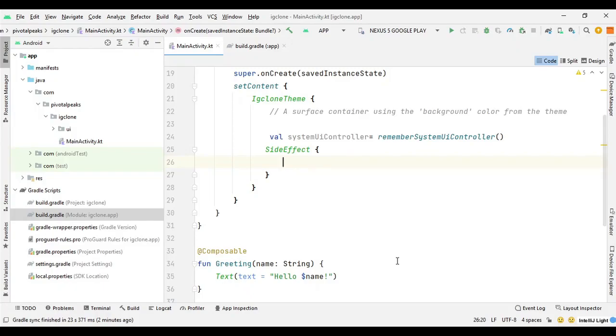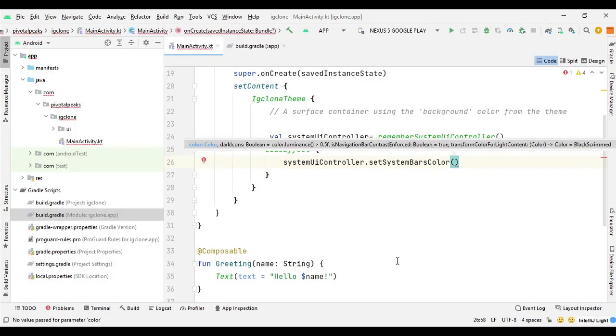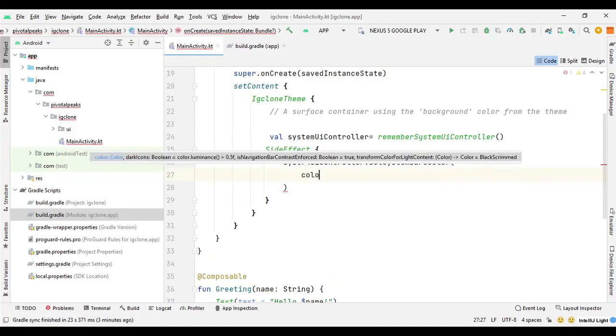And here we can call our system UI controller dot set system bar color, and then we can set the color to color dot black.